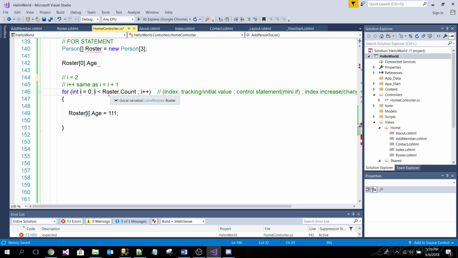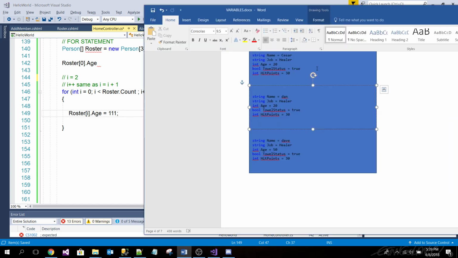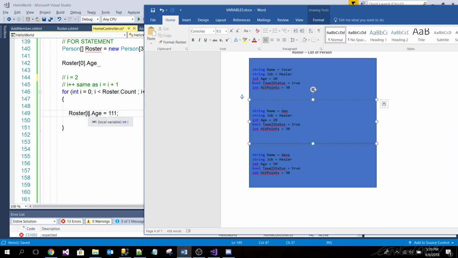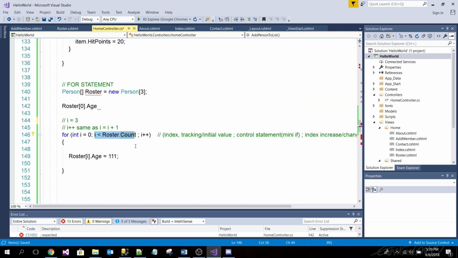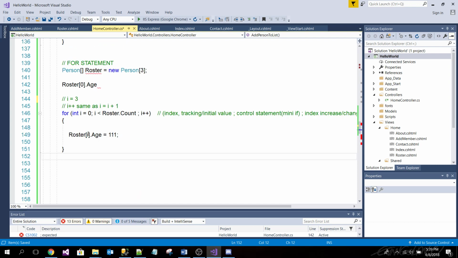I is less than 3, so we go in and access this guy here, at 2. Then I is 3. Is 3 less than count? It is not, so we don't do anything. So this would definitely affect each one for the count.